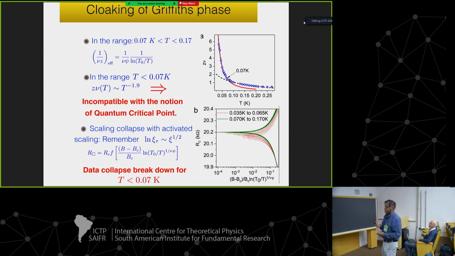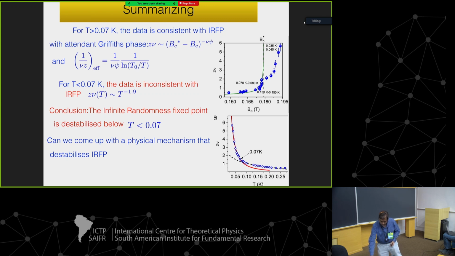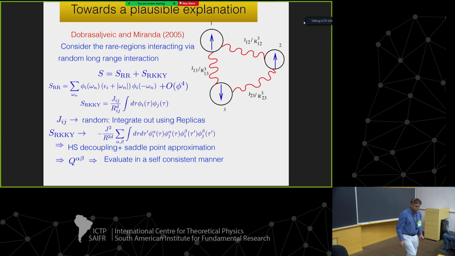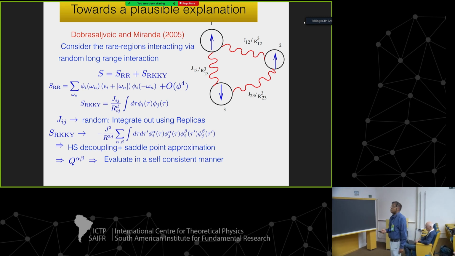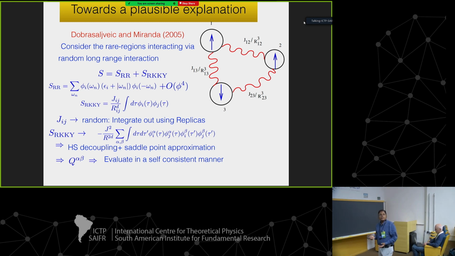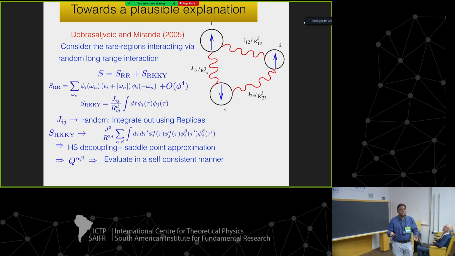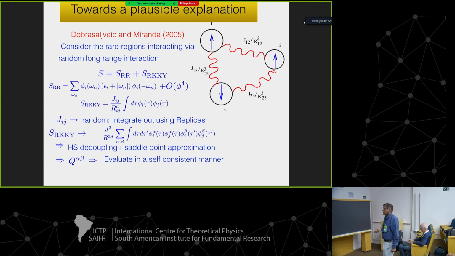We don't really know what that is, but here is a possibility. Our explanation hinges on a very beautiful PRL some time ago by Vlad and Professor Miranda, and the effective idea is the following. When you're going through a phase transition in the presence of disorder, there are these rare regions, and these are non-interacting. The usual Griffiths physics is that of non-interacting rare regions. Now the sort of question that these gentlemen asked was,